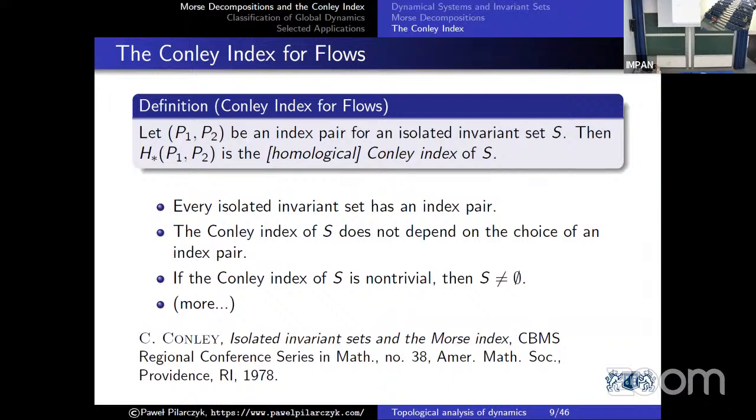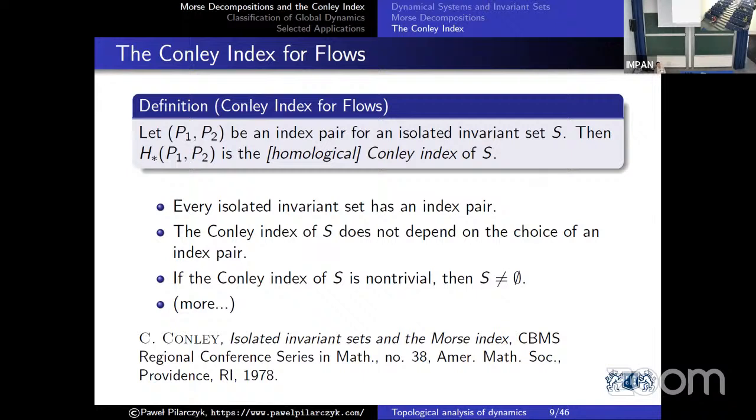There are certain theorems. There is a big theory that justifies the correctness of this definition. In particular, if we define the Conley index, then this is the homology, the relative homology of this index pair. And there are theorems that say that every isolated invariant set has some index pair. If we take two different index pairs for the same isolated invariant set, then the Conley index will be the same, isomorphic. And the most useful property is that if the Conley index of some index pair is non-trivial,